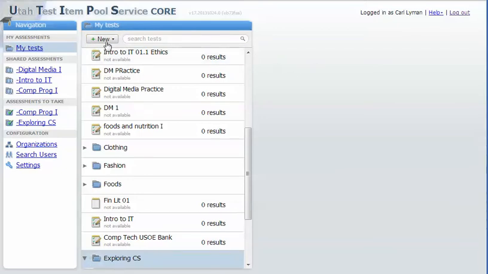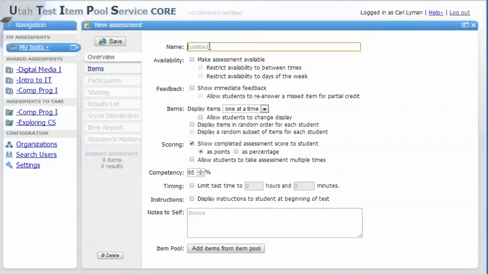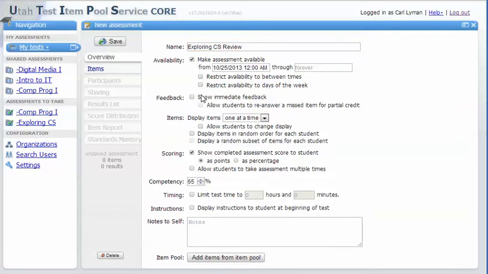I've selected my folder. I go to New, and I'm going to do Assessment, and I'm going to type in the name. This is going to be Exploring CS Review. I'm going to make it available. I'm going to want to show immediate feedback. I'm going to show items in random order for each different student. I'm going to have them do a %, and I'm going to come down and I'm going to add items